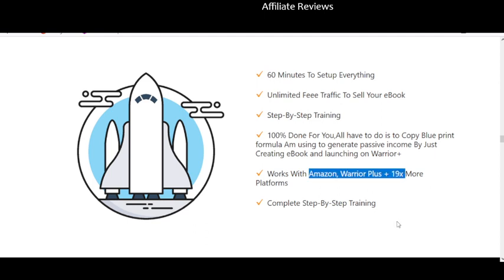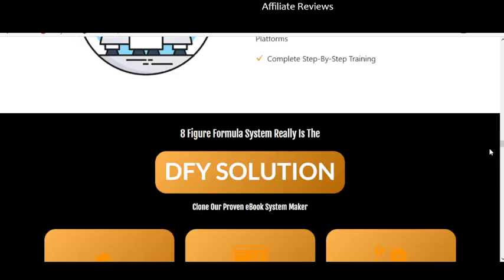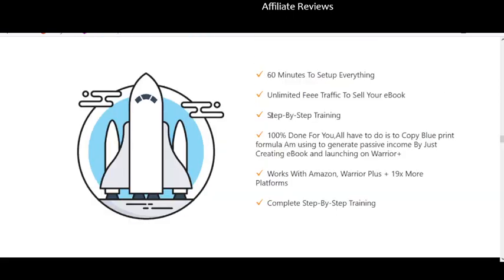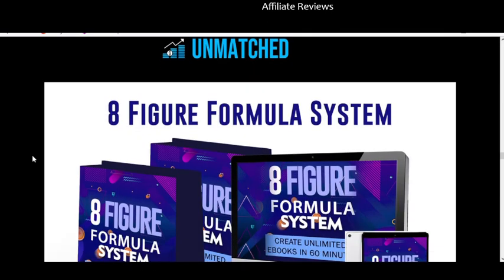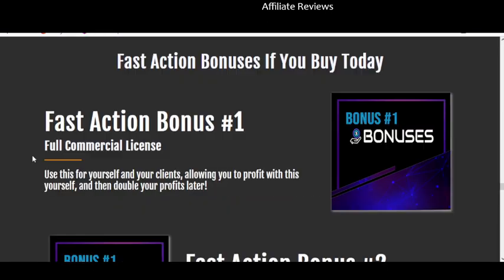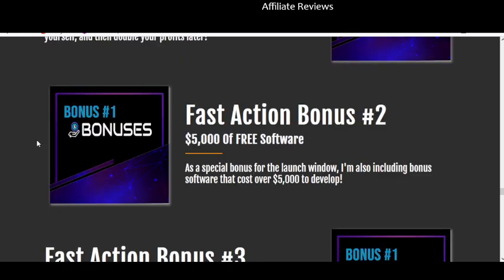Works with Amazon, Warrior Plus, 19 more platforms. There's lots of places you can sell this stuff. Complete step-by-step training. We already saw that here, so it's good to know that our step-by-step training is complete step-by-step training. All right, and then we've got some more hype. We've got some bonuses. I can't tell you anything about the bonuses because it really doesn't tell us much about the bonuses other than commercial license, software that we know nothing about,